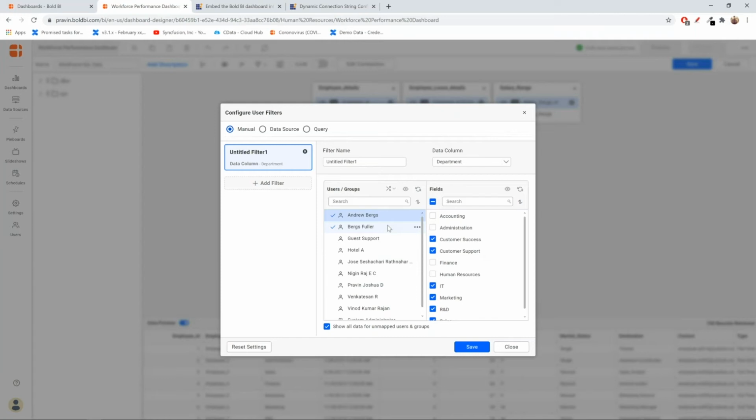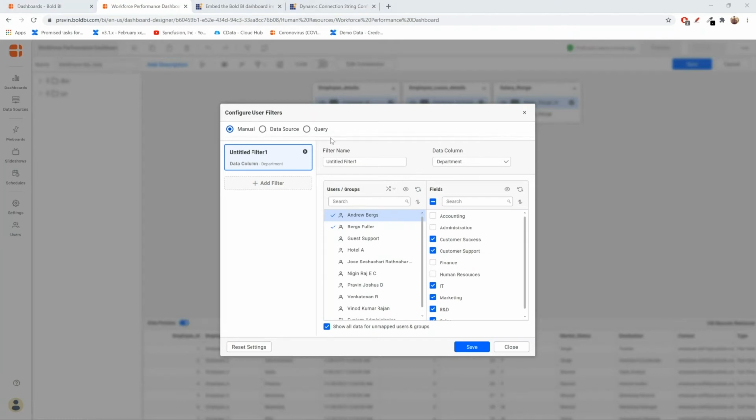But as I said before, the manual process is going to be a bit tedious in case you have a large number of users and groups, and you have to manually map the values for them. Often in an organization, there will be new users coming in, and users going out, and the permissions could also change based upon an organization restructure or something like that. So it's going to be tedious if every time there is a change, you have to re-edit the dashboard and change those mappings. Instead, we have an option to auto-map the permission if you have a permission table. This can be done using a data source or the query option.